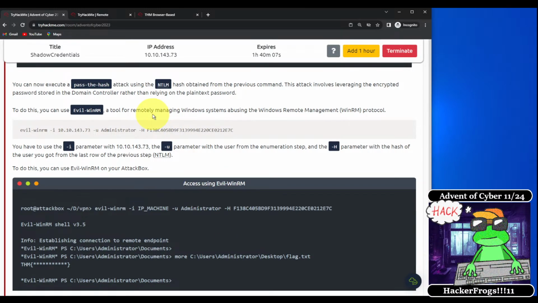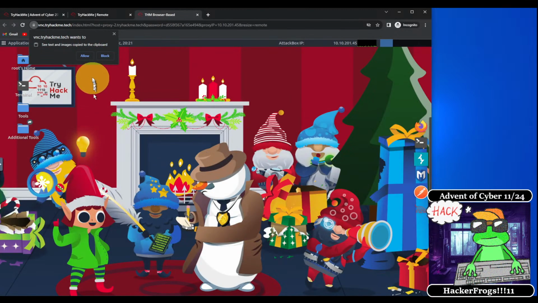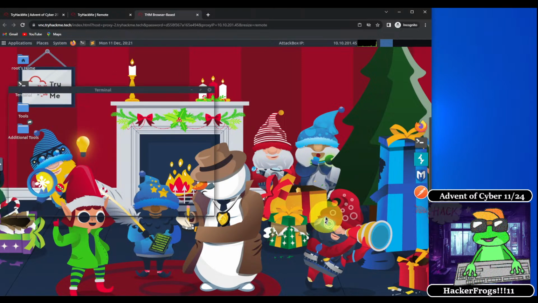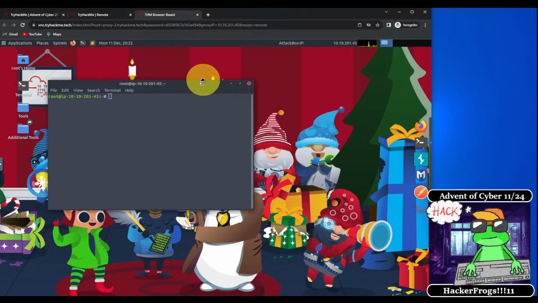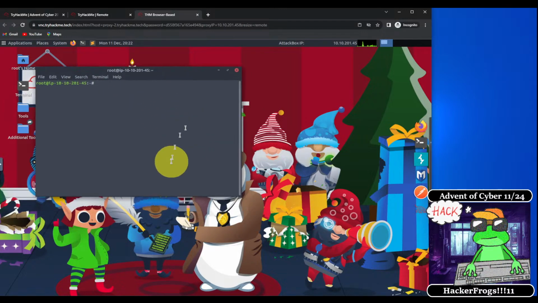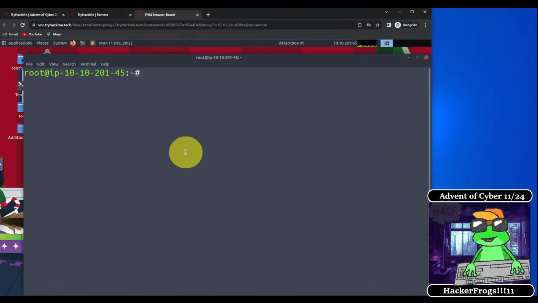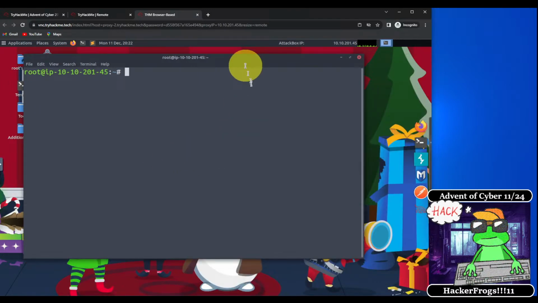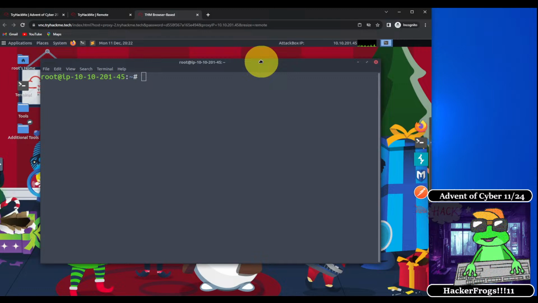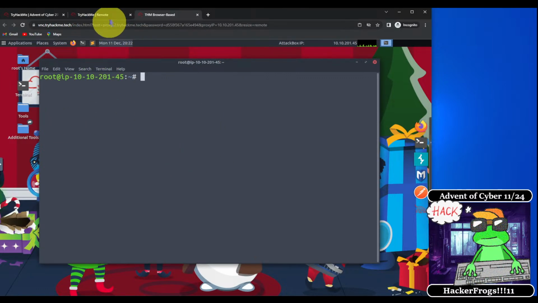So what we need to do now is we need to go to the attack box tab and click allow, and we're going to need to open up a terminal. So we can open up a terminal using this shortcut right here. And then I'm going to make this larger so everybody can see it properly. Maybe a little smaller. Okay. All right, so we go back to